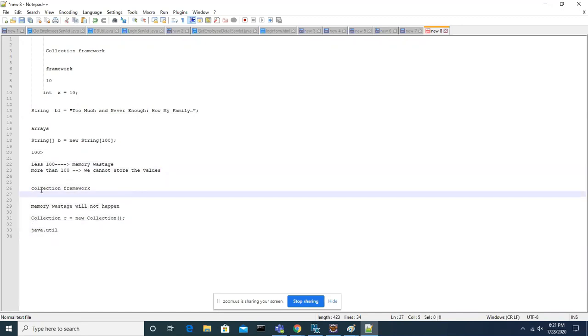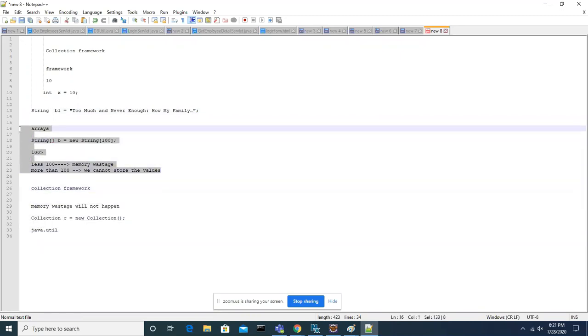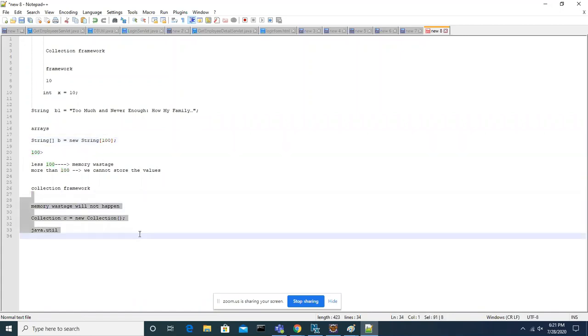Don't think you must use the collection framework all the time; we can use arrays also. It all depends on your requirement. If you already know in advance the size you are going to use, then use arrays. If you don't know, and it is a dynamic process, then go for this.